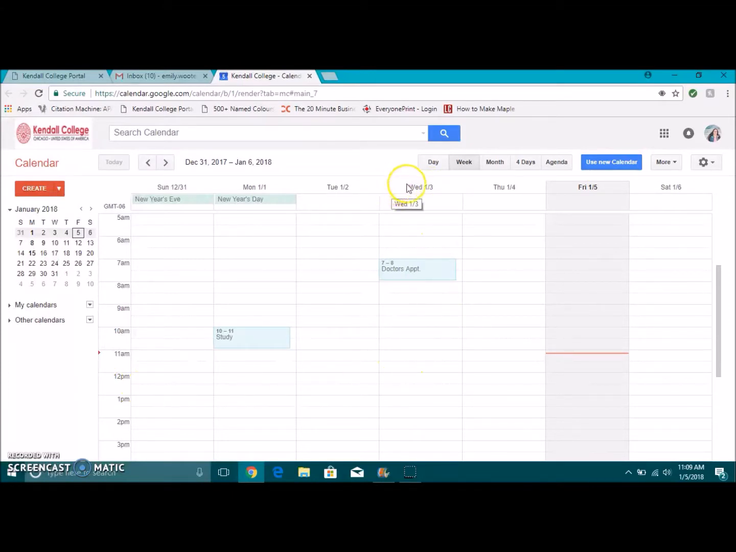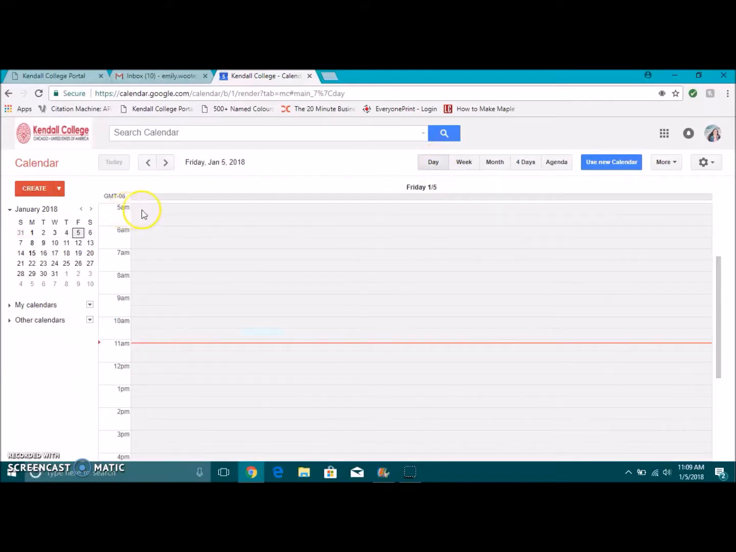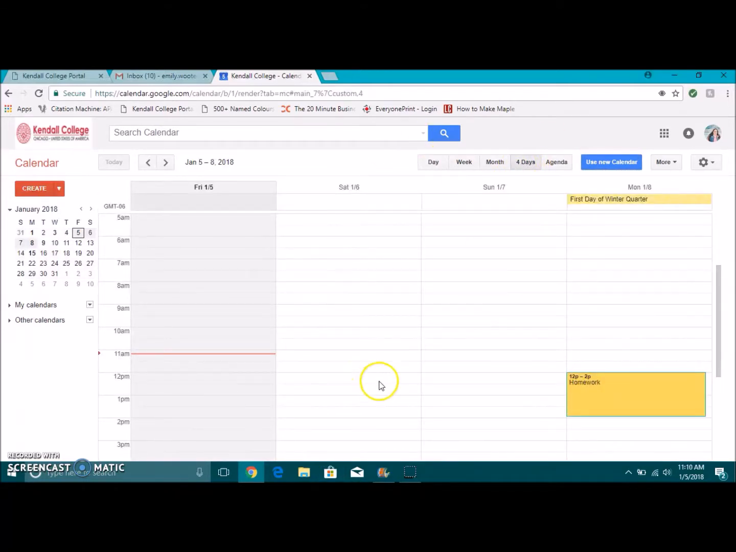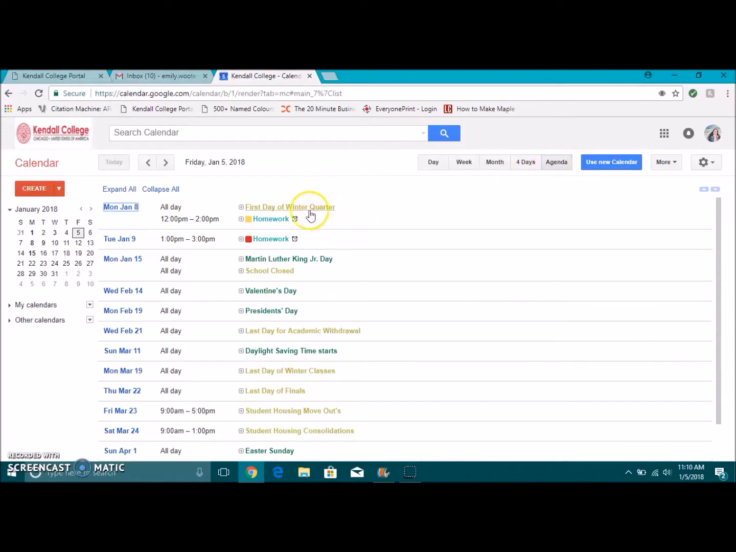If you don't like this format, or if you want to use multiple formats, up here you can click either just one day at a time, or you can look at the whole month as a whole. And here you can actually see the first day of winter quarter, that the school is closed. So because this is linked to your student account, Kendall puts their events into your calendar automatically. You also have four days at a time, or you have the agenda, which just shows all of your appointments,